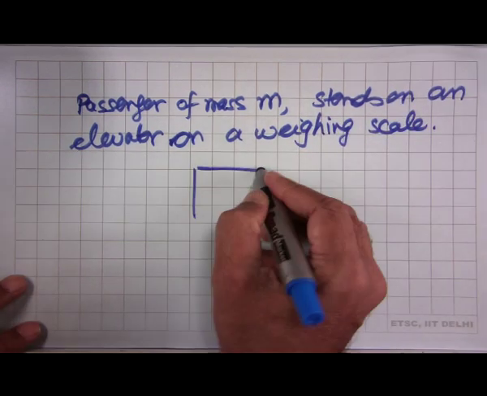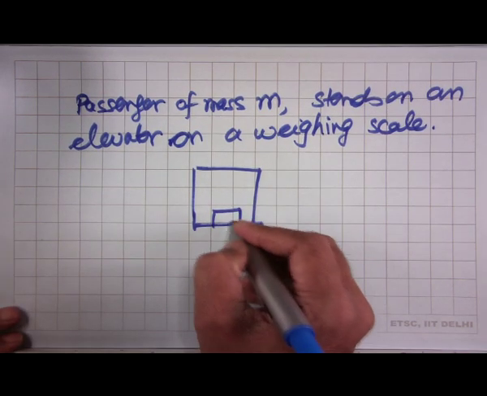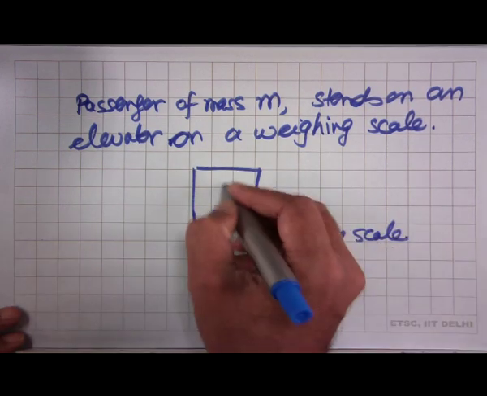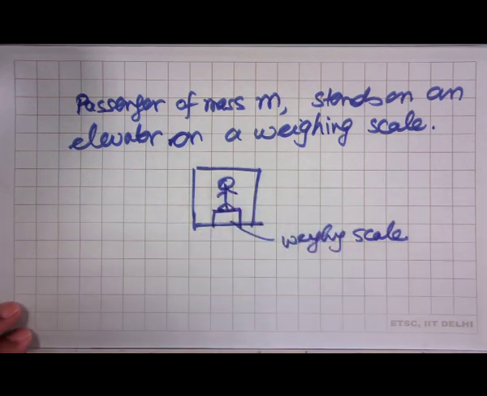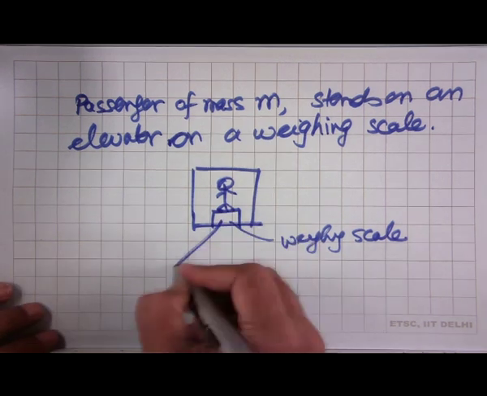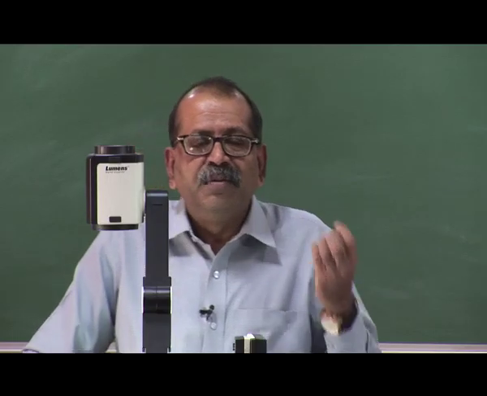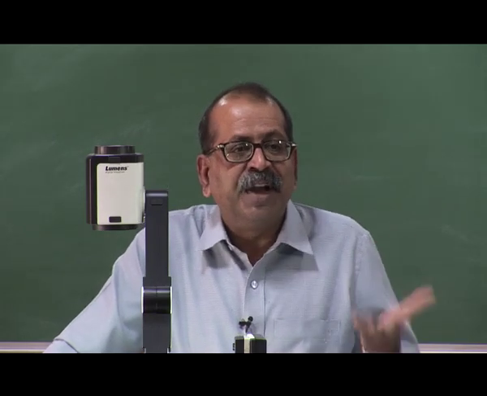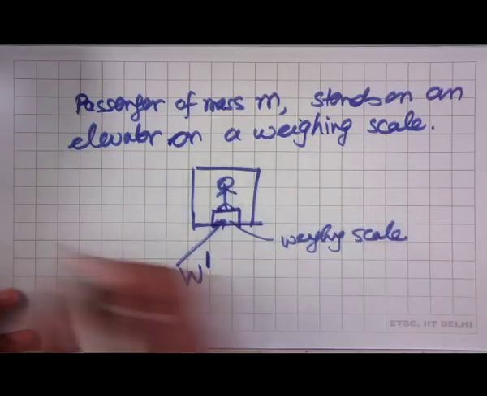That means, let us say this is the compartment of a lift on which there is a weighing scale and a person is standing on the lift. Let the reading taken by the lift be W prime. I am taking it as W prime because normally we expect the weighing scale should tell you the weight, which we call W, but what we will see is, depending on